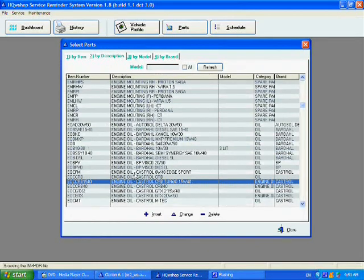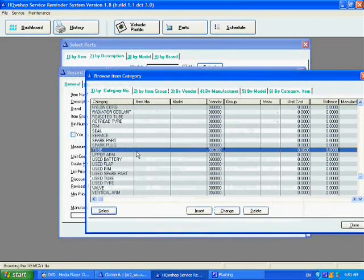You can also use the lookup to select the engine